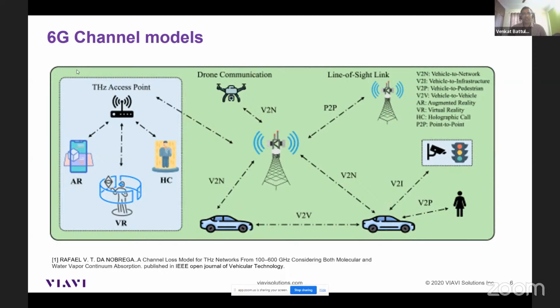The terahertz is basically a very small coverage area, because you are going at very high frequencies, so obviously the coverage area will be very small. The bandwidth will be a massive amount, and massive data rates will be provided